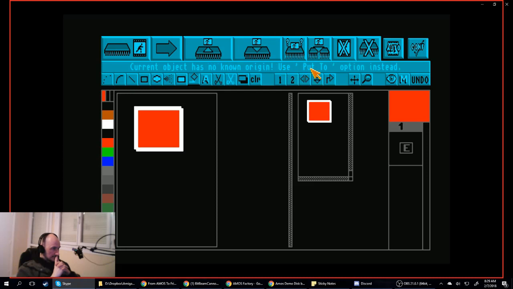It doesn't know where to put it. So let's try that again. No, origin. Does origin mean a hotspot? Do you need to set a hotspot first? No. I needed to actually insert it. I apologize. Okay. I hadn't planned on doing that particular item, but apparently, unless you load it from the bank